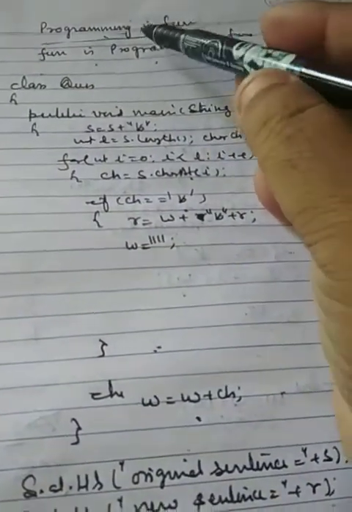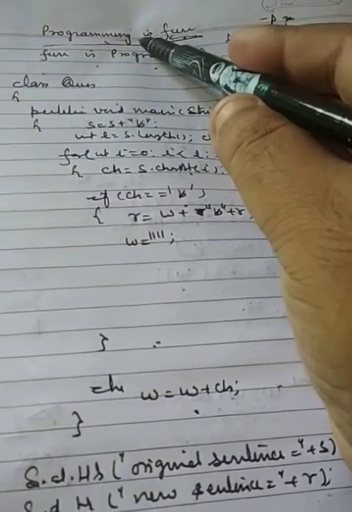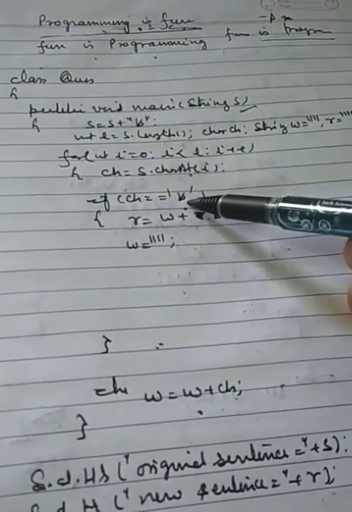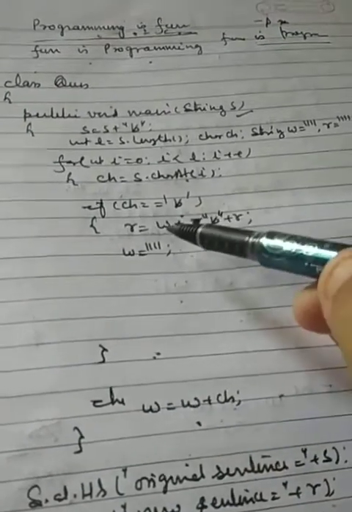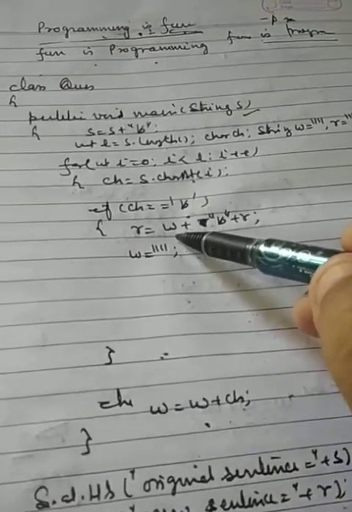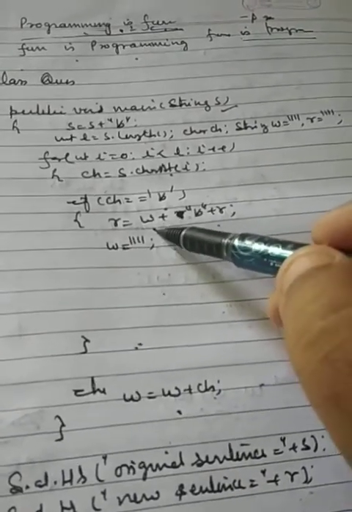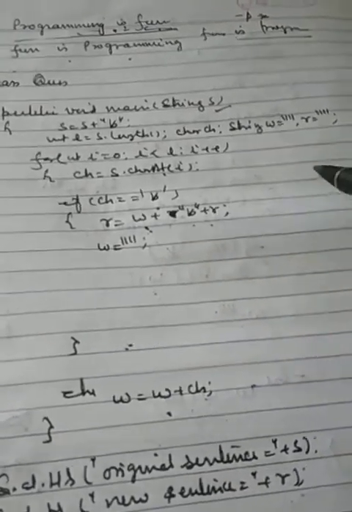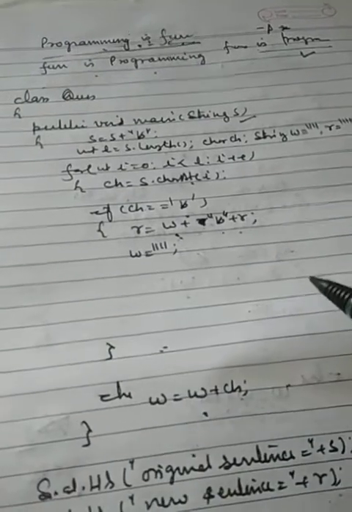When I get the space here, that means the characters you have added have completed a word. So as soon as I get the space, I will have programming in W. Programming I am adding, W contains programming, to a variable R from the left hand side. Programming space R. So R will contain programming. Now the next character is